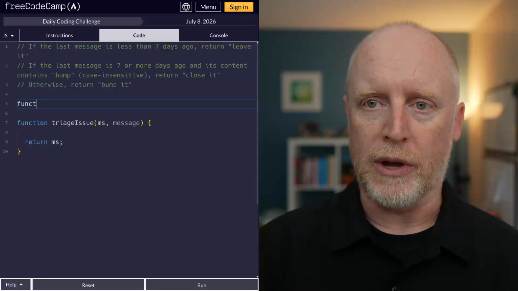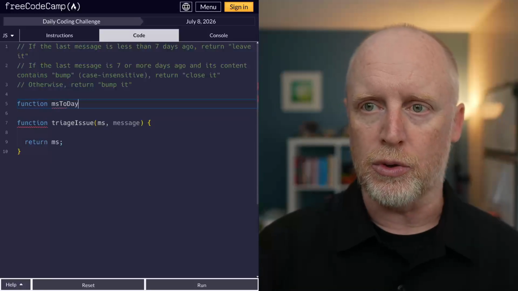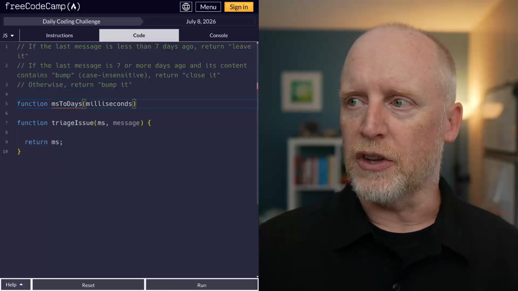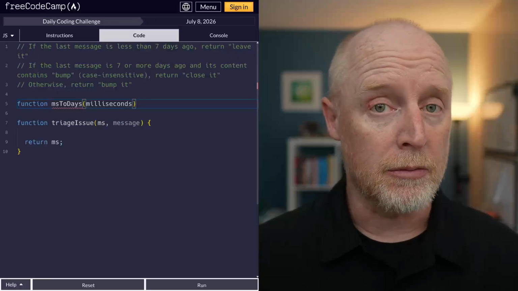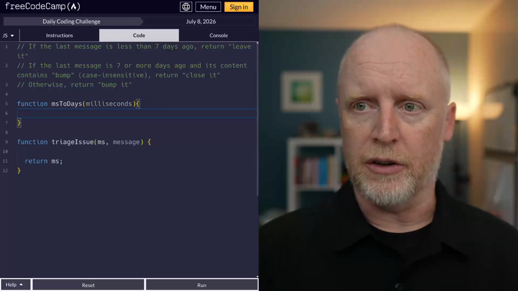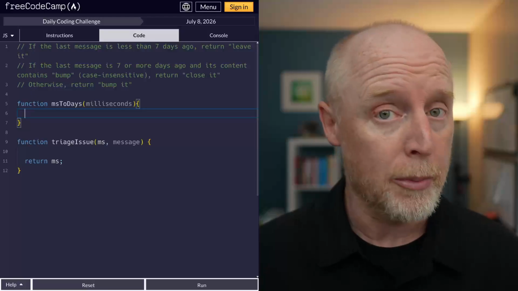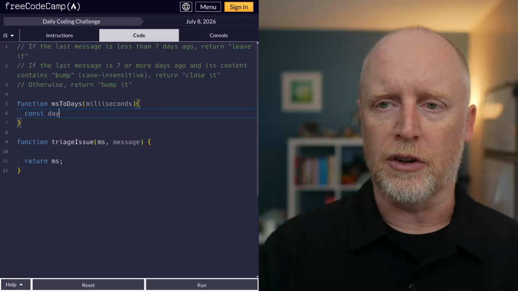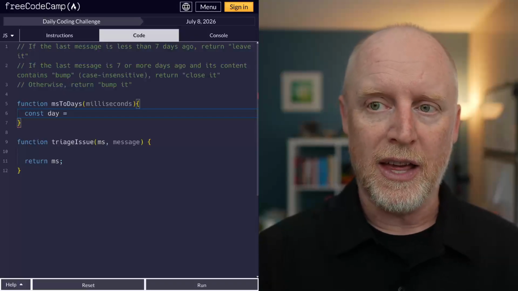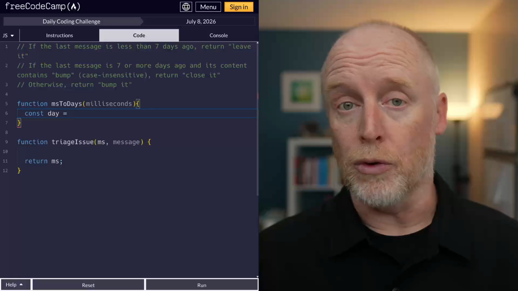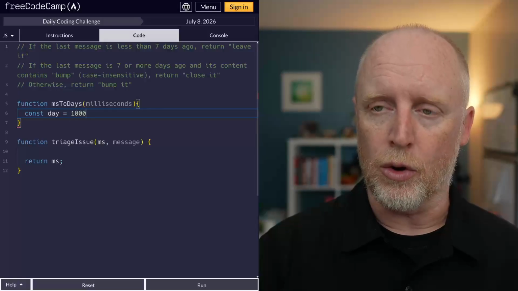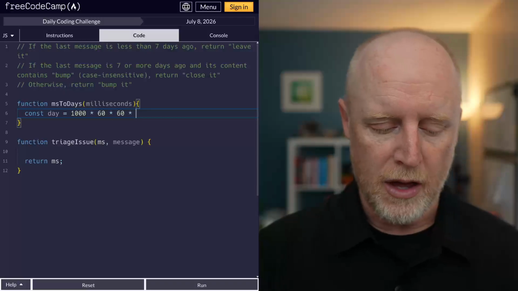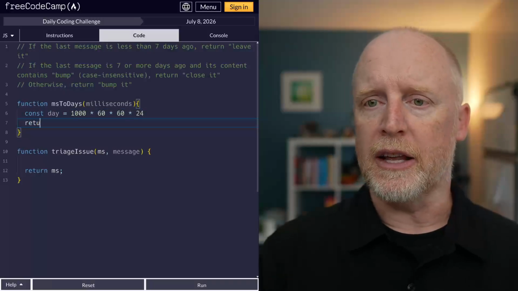So right here, we have a function. It's going to be milliseconds to days. We're going to pass in milliseconds, just like this. Could that be ms? Absolutely, okay? But there's a reason for that I will share a little bit later. With this, we can go day, singular. And that is how many milliseconds in a day. Do you remember? I do not. So I always like to go 1,000 times 60 seconds times 60 minutes times 24 hours, right? And then we can return